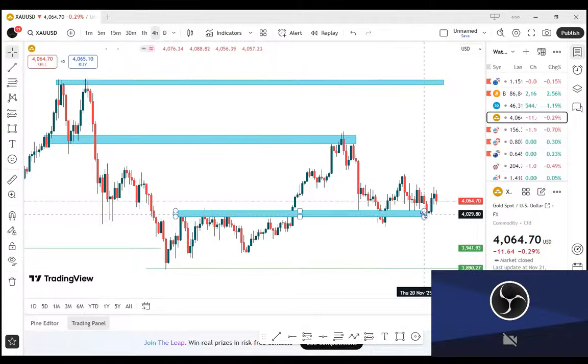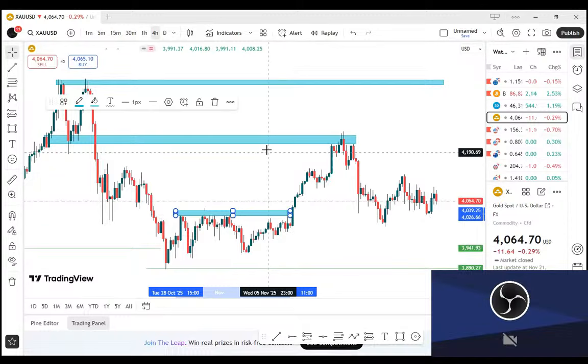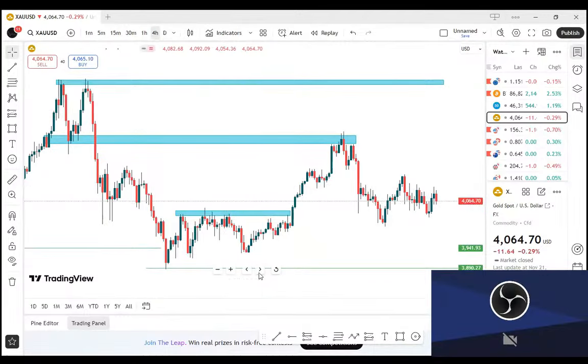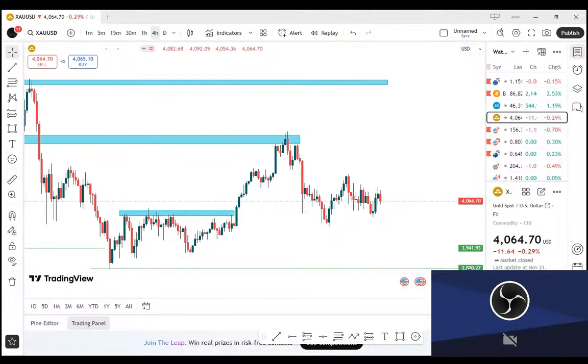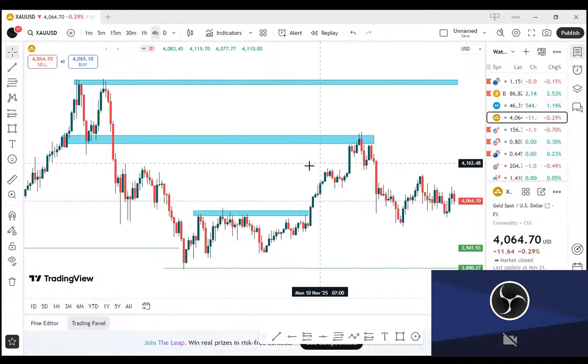So given gold now, you see gold approach at this high. Most of us will be confused: is gold actually going up, or is it going down? If it's actually going up, it needs to come back here. Like I always say, it needs to come back here twice. It needs to come back to 3890 and test it twice before any change of direction. You notice why gold is respecting this zone: